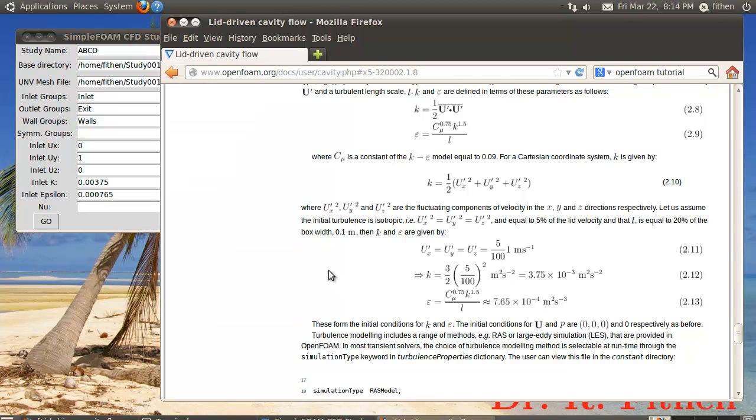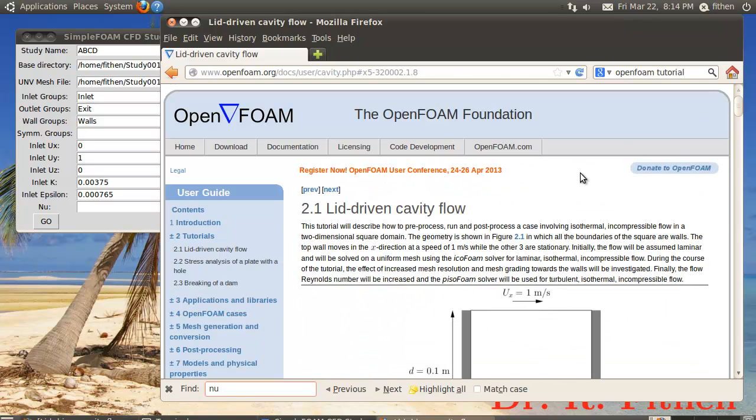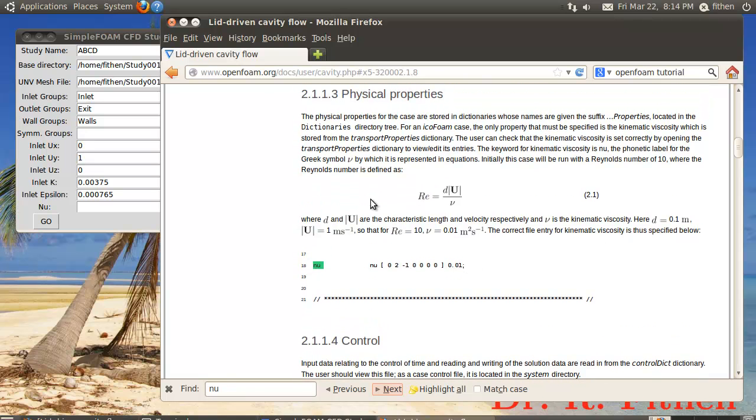Now let's take a look at what nu is. If you look in here, let's see, if I just hit Control F and find nu, I need to go to the very top and then just hit somewhere and go to next. What you find out is, okay, and I'll move it back up a little bit, and this will give me some space to write. Okay, let's take a look at this. He specifies nu. These are the dimensions of nu, and if you look real close, you'll see a correlation between this and